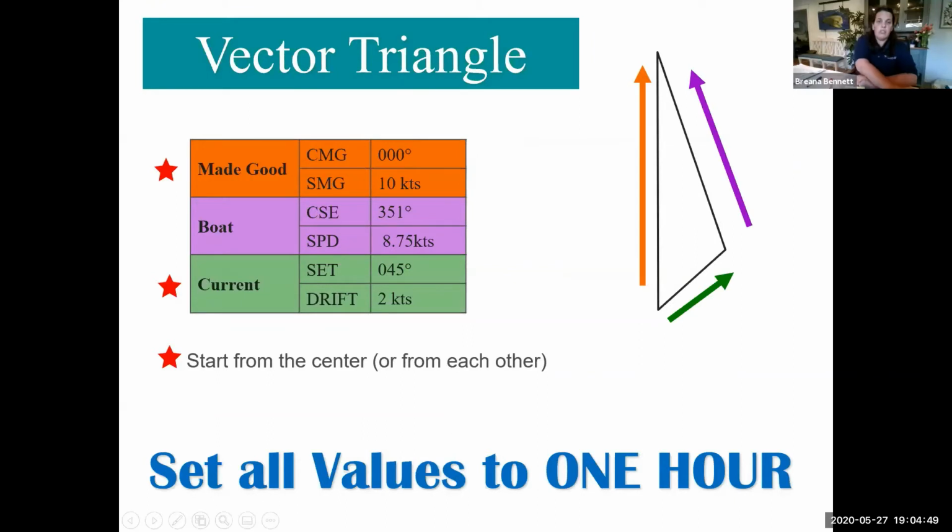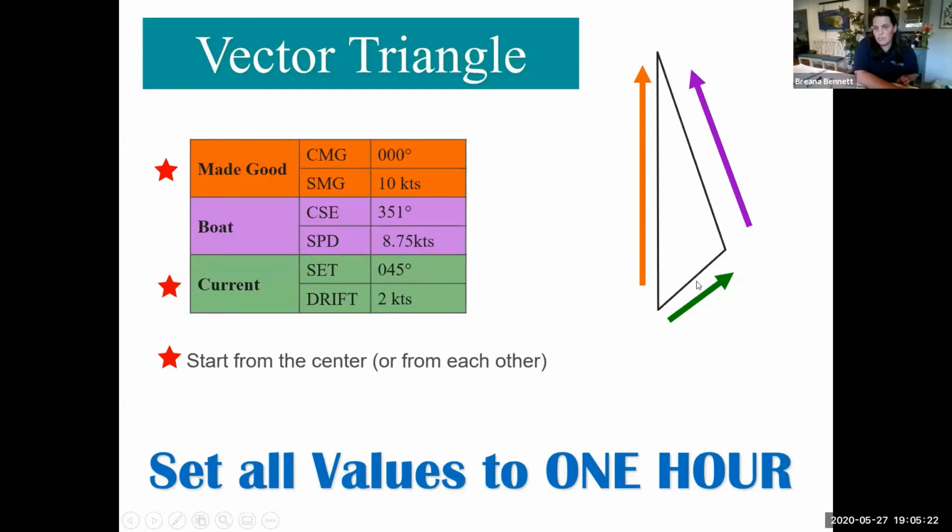Okay, so here's an example. We want to make good due north at 10 knots. And we have a current of 0.45 at 2 knots. The current is pushing us this way, and I want to make good this way. So logic would tell me, yes, I need to steer to the left, if the current is coming